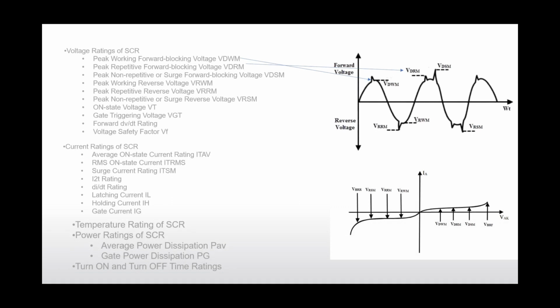As for the rating of the thyristor, we will not talk much about it. Here I have given a brief on the voltage ratings. A thyristor is basically designed on a voltage basis, a current basis, and its gate current. The voltage rating covers how much it can block on the forward side, how much on the reverse side, what safety factor it has, and how much repetitive reverse voltage it can withstand. That is a very important part, along with the turn-on and turn-off timings.